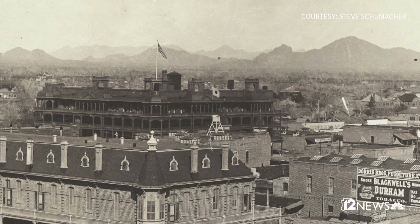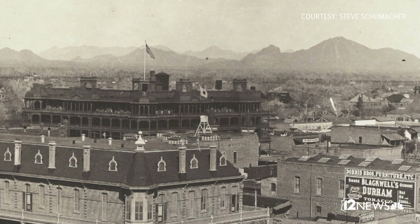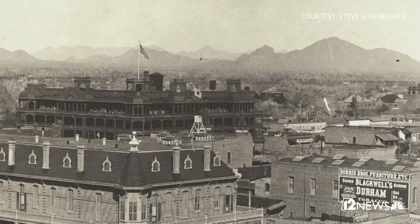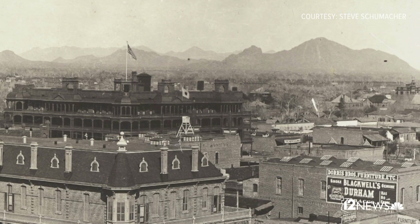Another aerial, well, an elevated view. I shouldn't really say aerial view, but it's an elevated view of some of the buildings within Phoenix in the mid to late 1890s. And the one that really stands out was the original Adams Hotel. It was at the corner of Central and Adams. And again, like the previous one, the reality of that corner, Central and Adams, ever since 1896, there has been